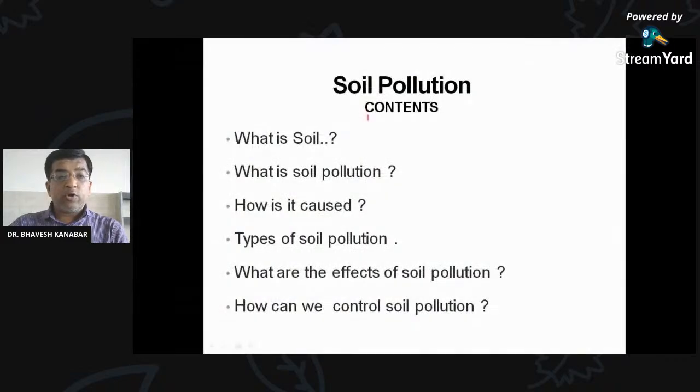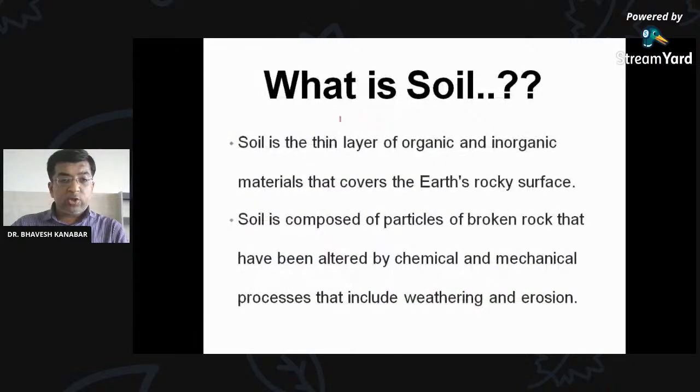So in soil pollution, we are going to see what is soil, then about soil pollution, how it is caused, types of soil pollution, effects of soil pollution, and control measures of soil pollution. So first of all, what is soil? That is a very basic question in environment. You may have studied this question about the soil, about the layers of the soil in your secondary